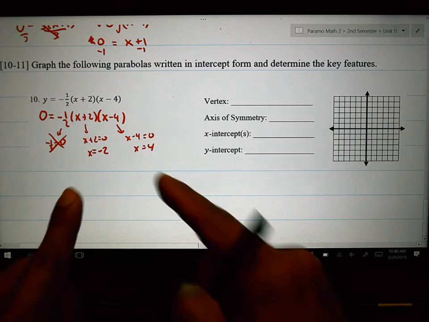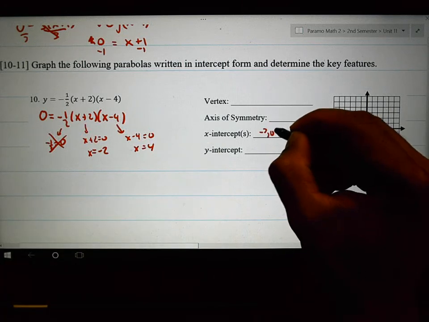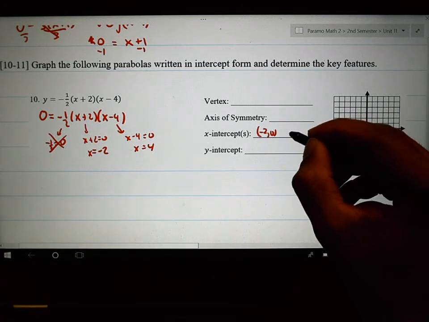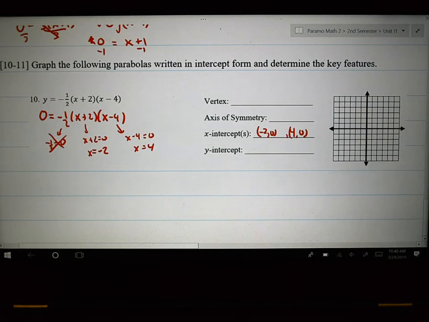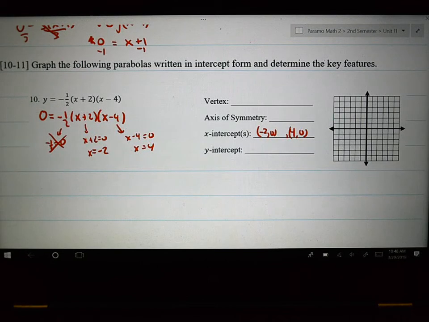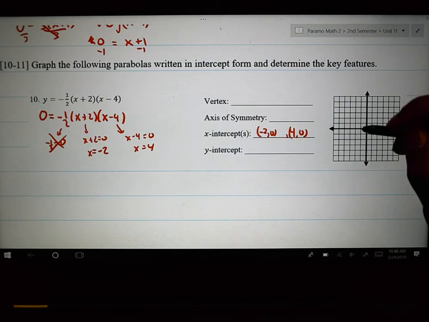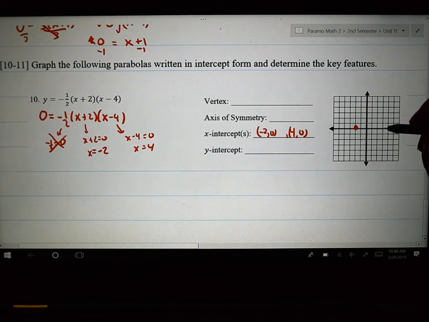So I know where my two intercepts are, negative 2, 0, and 4, 0. It's basically opposite, opposite. I can go to my graph, put the negative 2, 0, and then 4, 0. I can put my two dots on the x-axis, and I know where it crosses the x-axis,